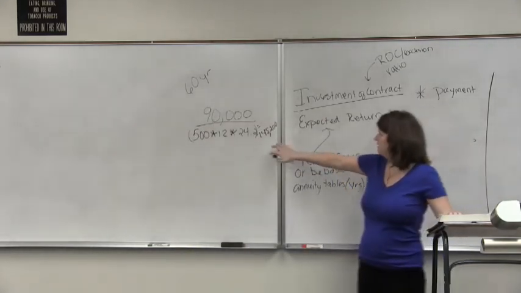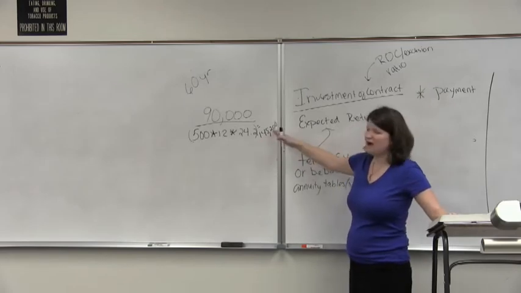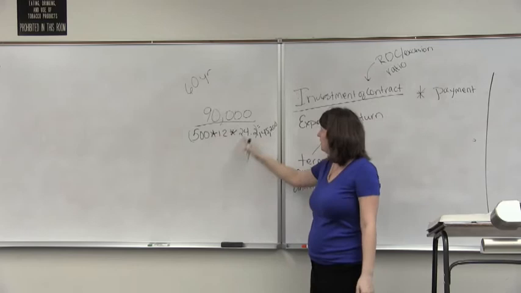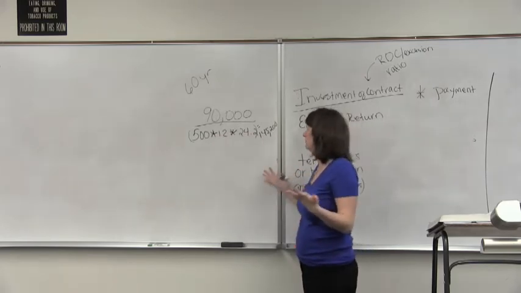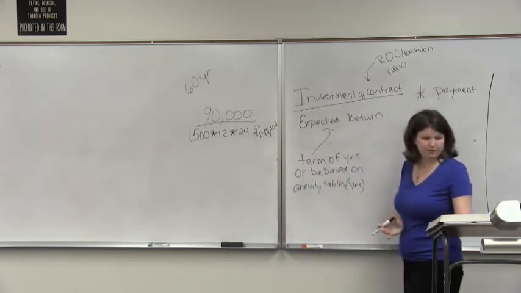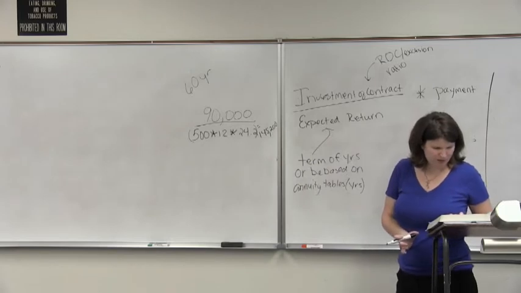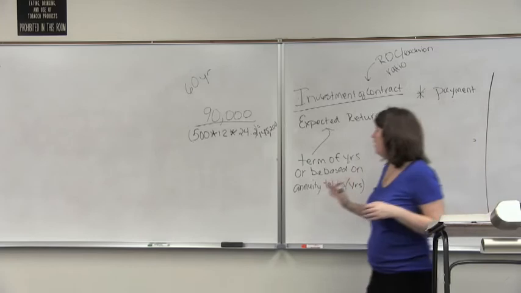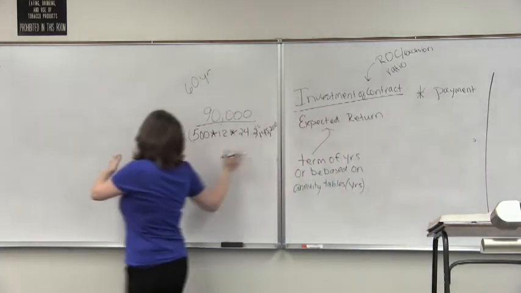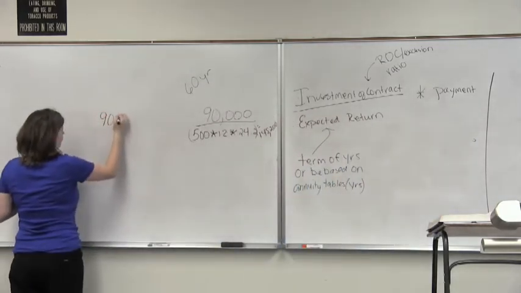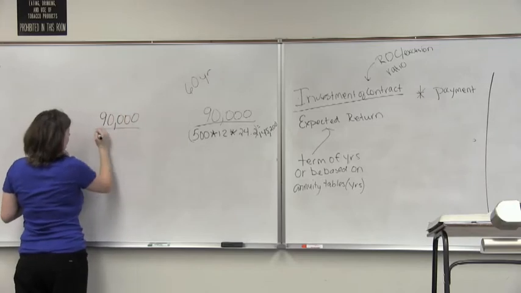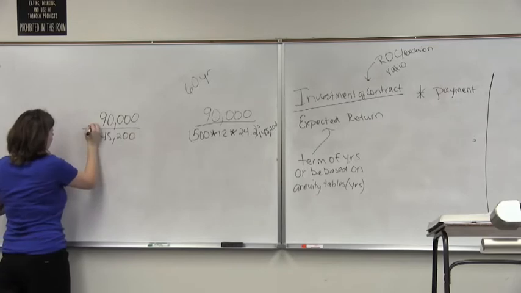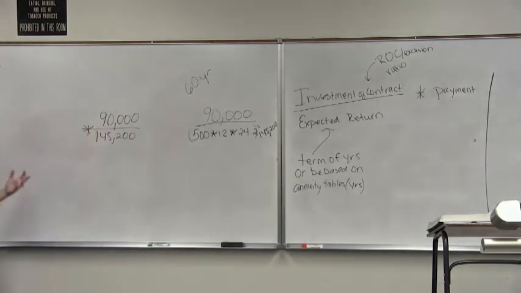So this is her expected return. You don't have to calculate this out if you don't want. You can just leave it 500 times 12 times 24.2. Okay? Which is what I would do. Okay? So this is her ratio. Okay? So now we take her ratio, which is $90,000 over her expected return of 145,200,